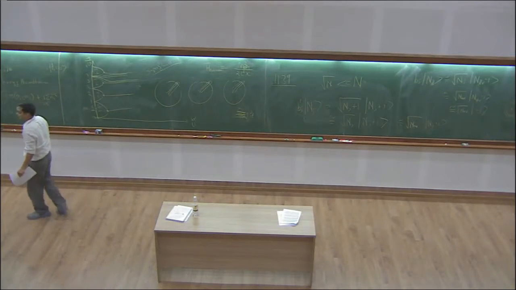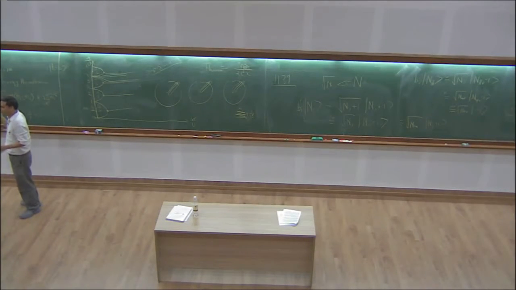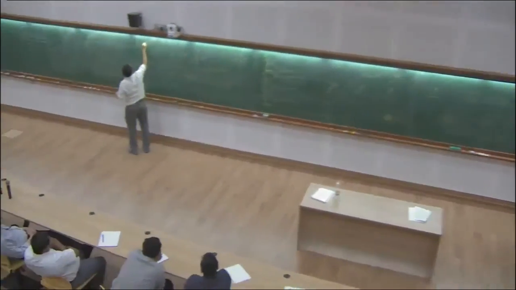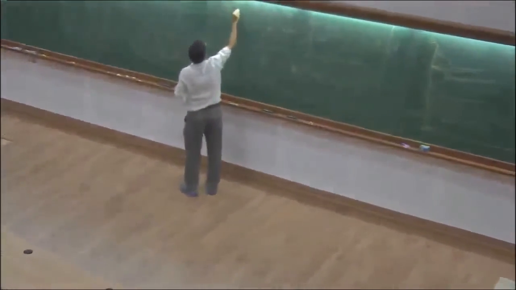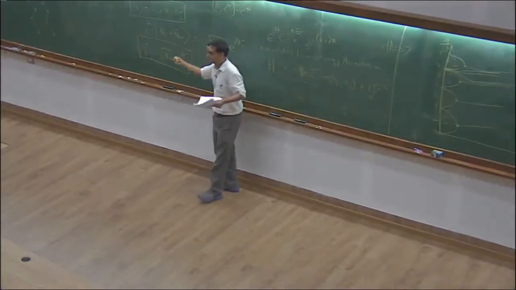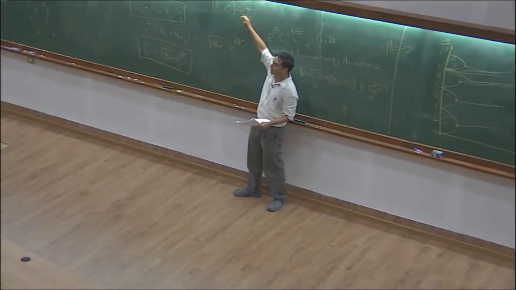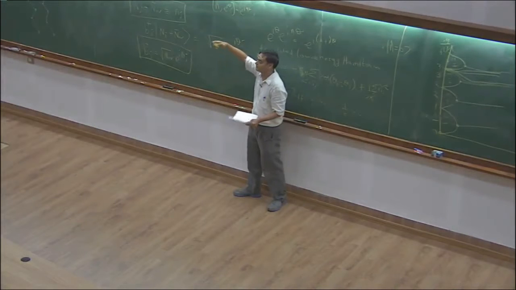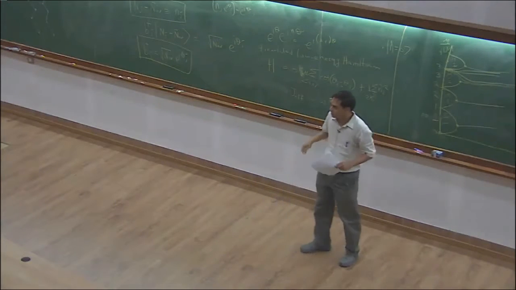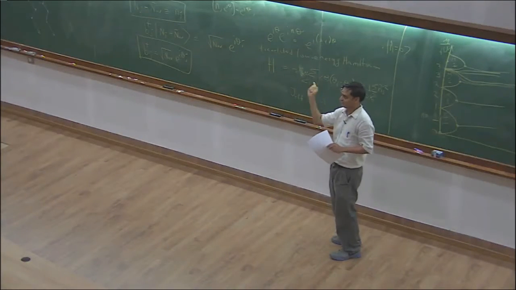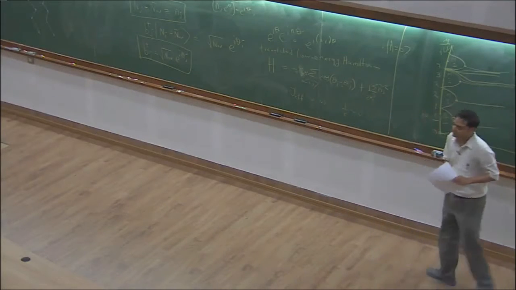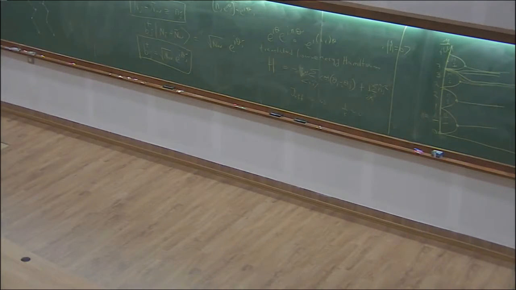Yes, but I prefer not to write that because theta is an angle. So it's better to write the one I wrote, which is n e to the i theta equal to e to the i theta. It's completely equivalent to the position momentum. But this is well defined without any ambiguity of theta going to theta plus 2 pi, because the physical variable is the direction, not theta. Better to write this. Alright.